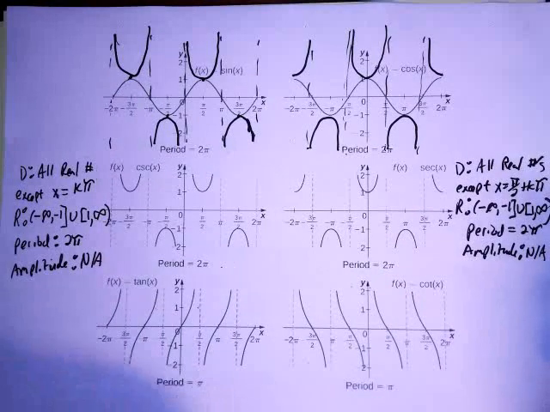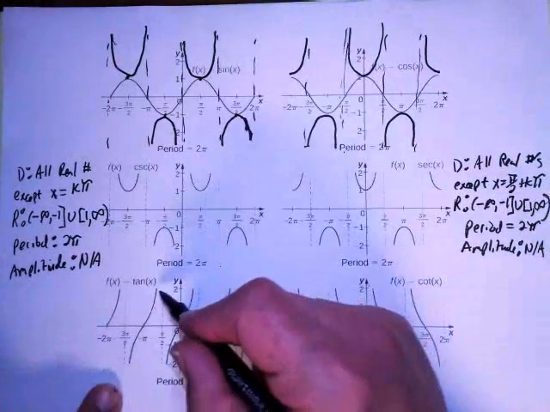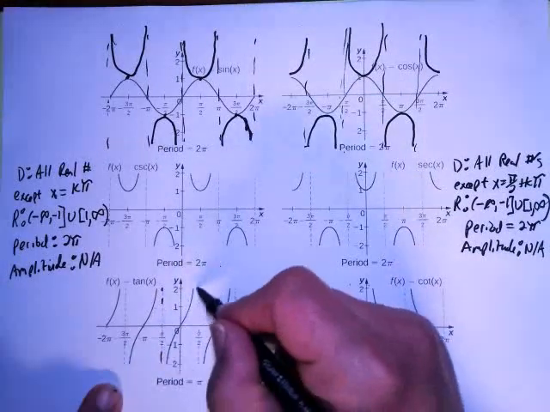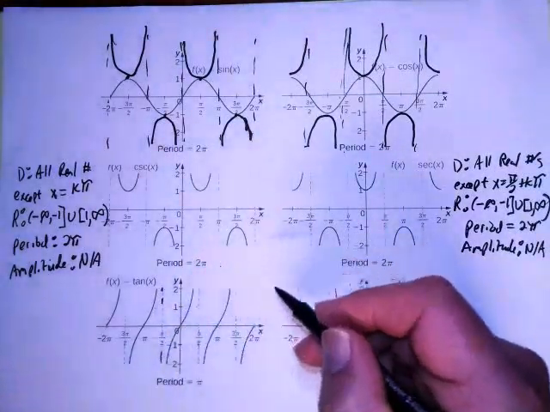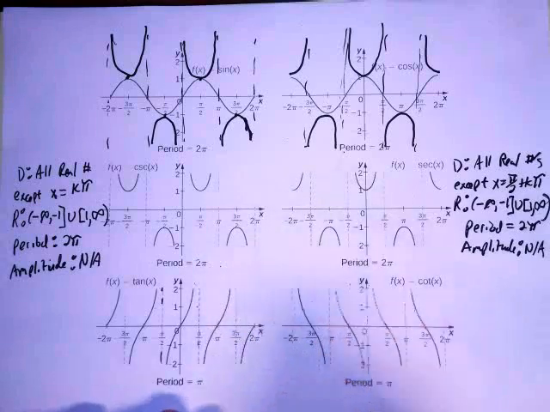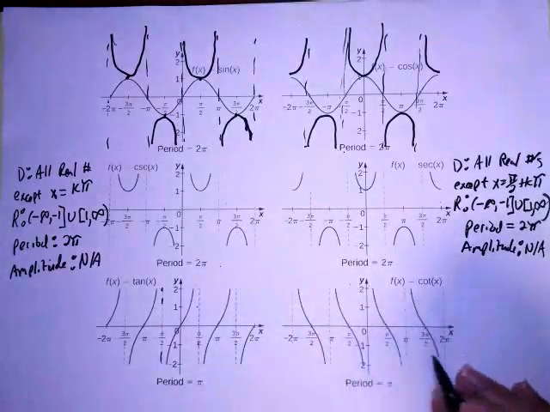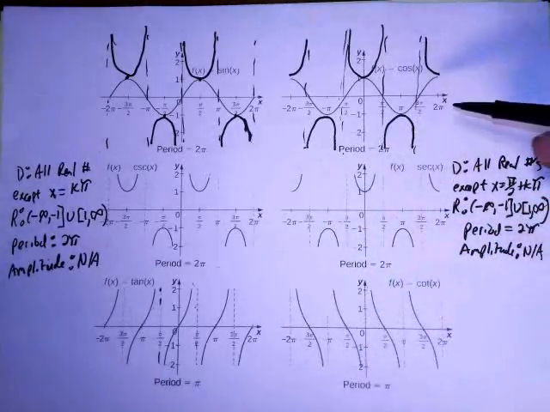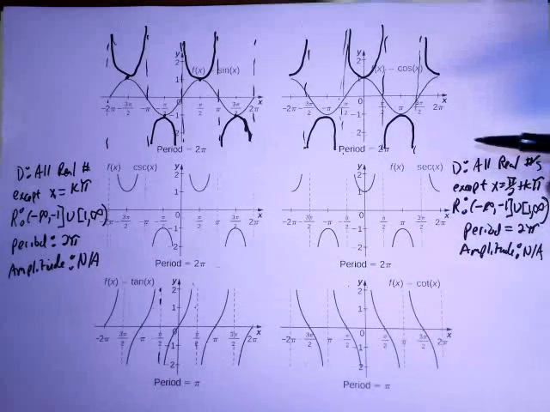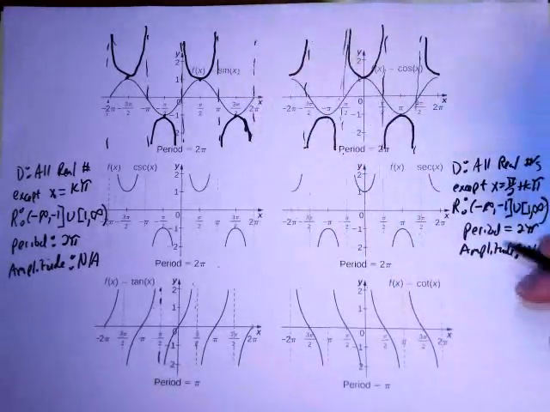Okay, so this is the tangent. Remember, it had these vertical asymptotes, right? And it went from -infinity up to +infinity. It did it every pi. Okay? The cotangent is going to have the vertical asymptotes the same place that the sine does, because the